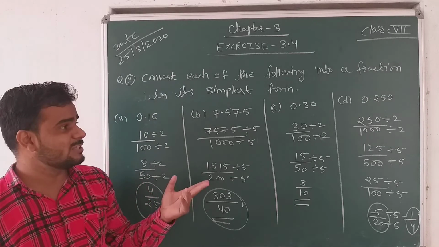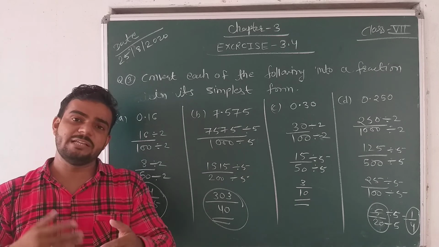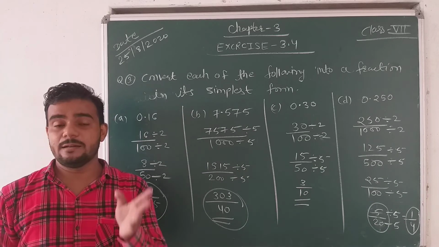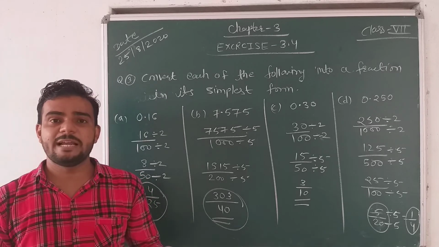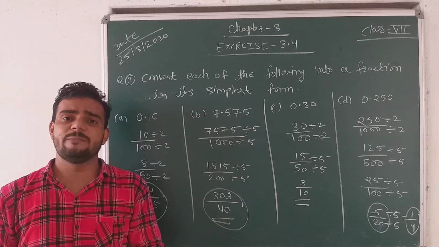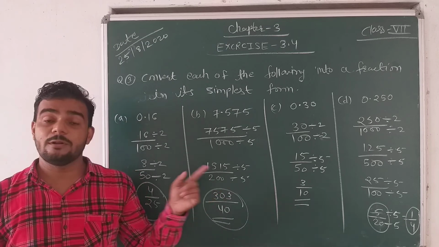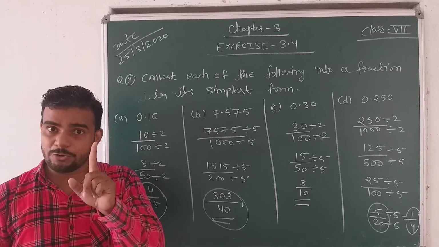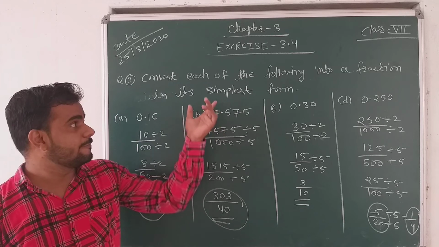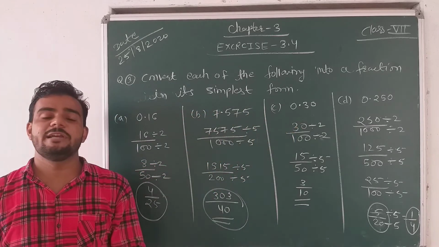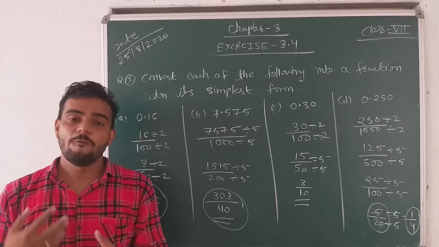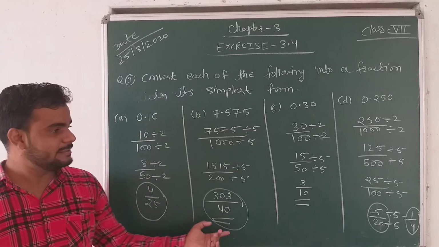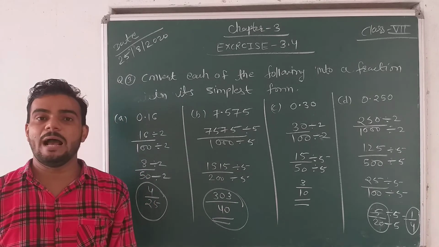So the first question, you have to change the fraction, the rational number, into a decimal number, so you divide and change. The second question, you have to write 5 rational numbers of your own, so you can write terminating ones only, not non-terminating. And the third question, you are given a decimal number and you have to change it into a rational number, meaning a fraction, and make it in the simplest form. Already you know how we make the simplest form.